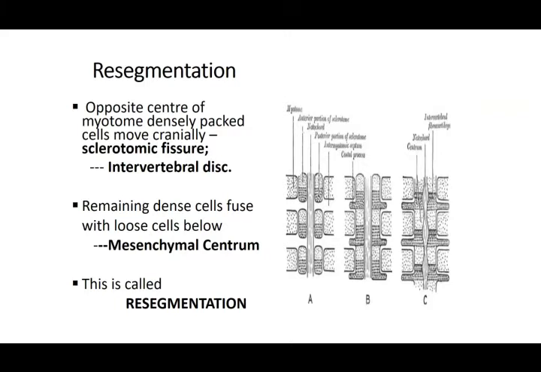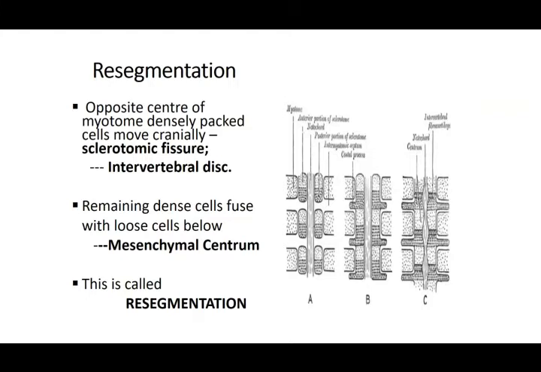This densely arranged block is going to split into two. Half of it is going to go and unite with the less dense part above, and half of this dense portion is going to go and unite with the less dense portion below. So this union of less dense and the thicker portion is going to form the body of the vertebra, and the portion which is split in between, that is what we call the sclerotomic fissure, and this is ultimately going to become your